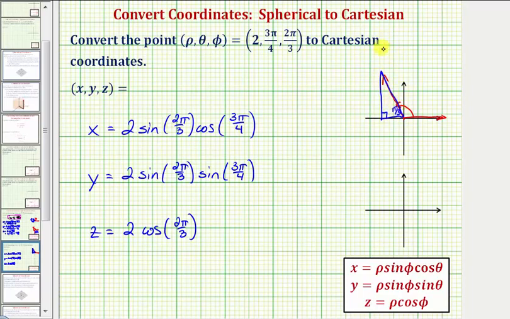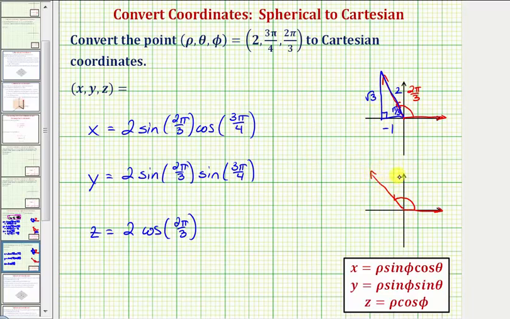So the reference triangle would look something like this, where we have a 30, 60, 90 reference triangle. So we can label the three sides 1, 2, square root 3, but because we're in the second quadrant where x is negative, this would be negative 1. So we can use this reference triangle to find the trig function values for 2π/3 radians. And now we'll sketch 3π/4 radians, which is also equal to 135 degrees. So the initial side would be here, the terminal side would be in the second quadrant, here,